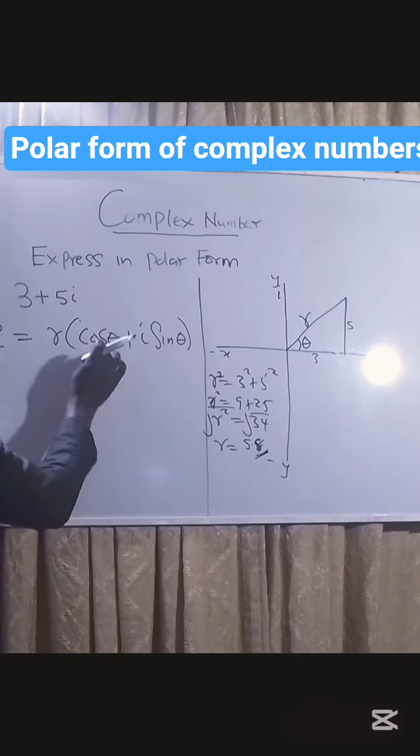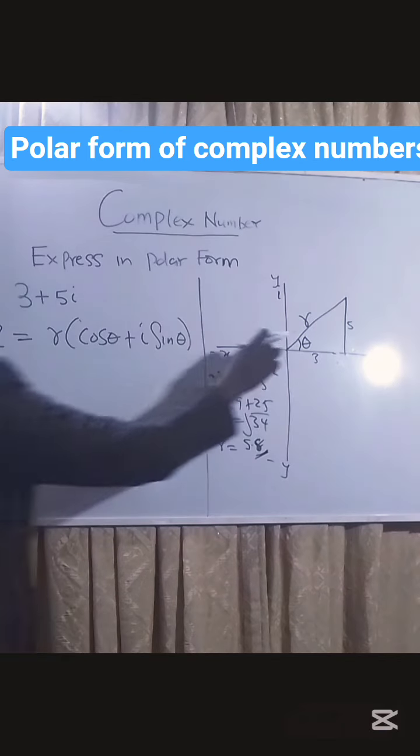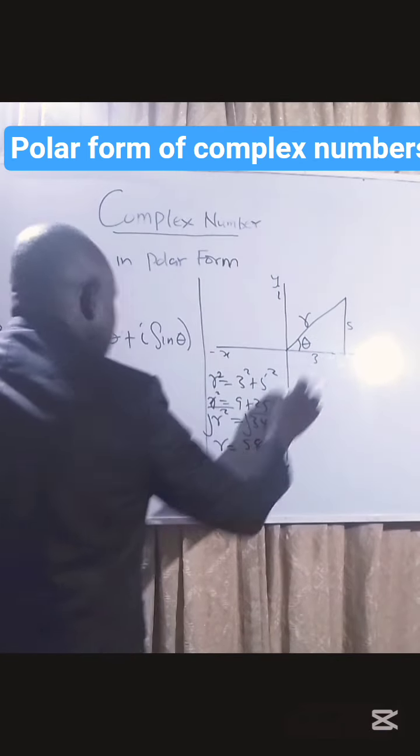Now, to get the argument angle, which is tan theta, tan is opposite over what? Adjacent. So